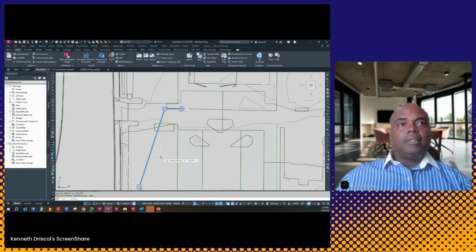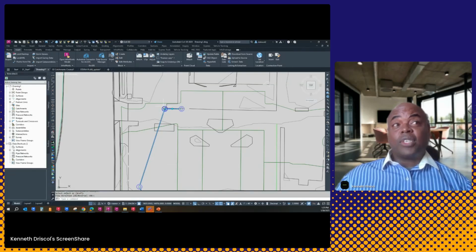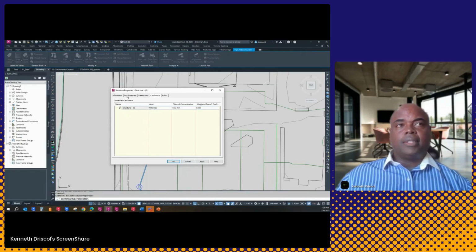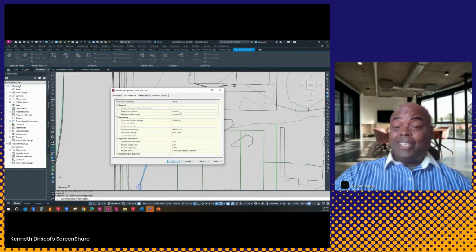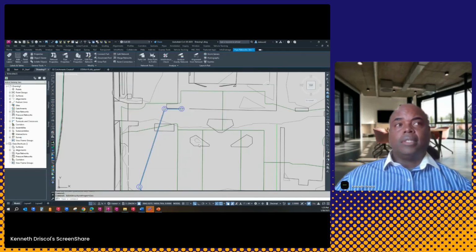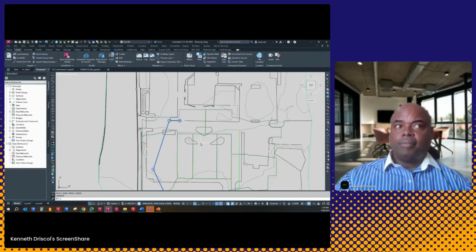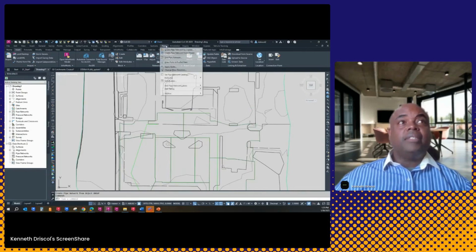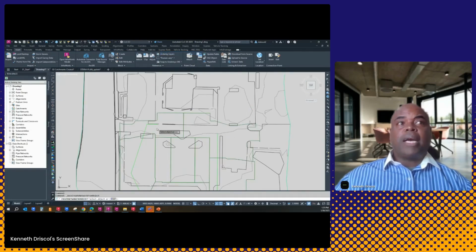This is my surface. One of the things that I didn't do, which is what you will see, if I pick on this structure and go to structure properties, one of the things that it didn't do, I didn't tell it based upon my existing ground surface. So in the midst of doing some really quick things, if I came in and said create a pipe network,